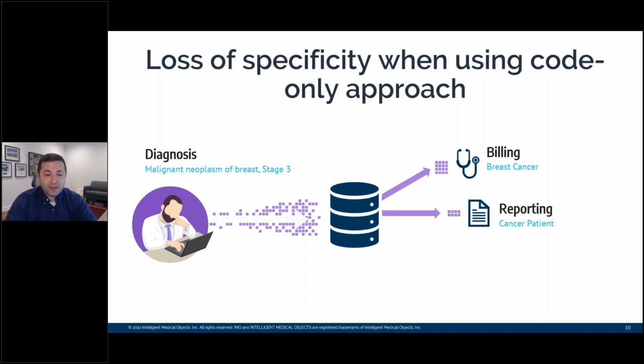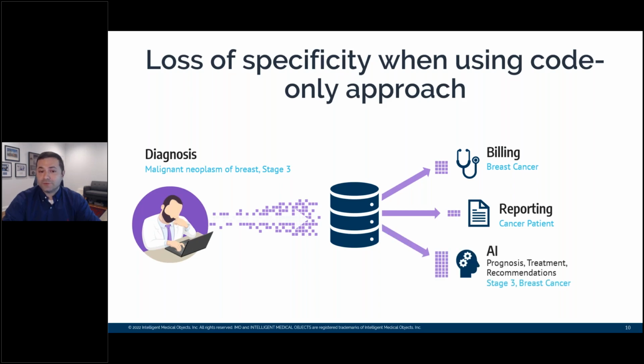If I know that it's a breast cancer code, I could probably group it within a cancer cohort. But if I'm trying to track a cancer survivorship plan that identifies, show me all stage 2 and stage 3 patients and not stage 1 or stage 4, the AI algorithm will look at the code sets themselves to try to find that. But as we've identified, those do not identify staging appropriately. And you're also kind of crossing your fingers that the comprehensive representation of that coded data behind the scenes can help the AI tune the algorithm to meet it.